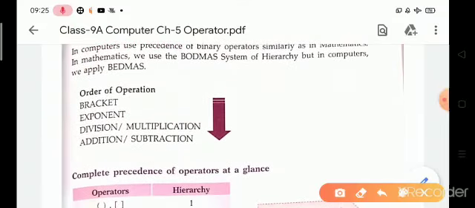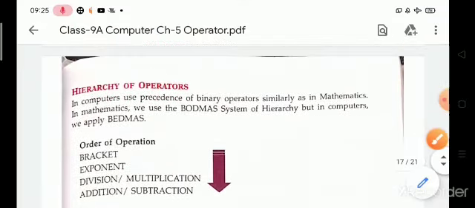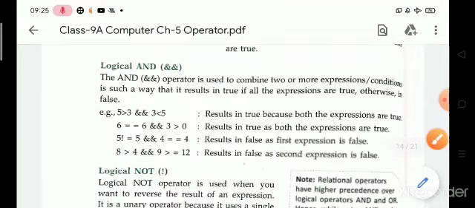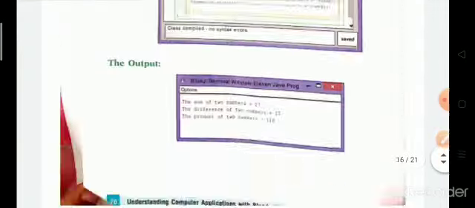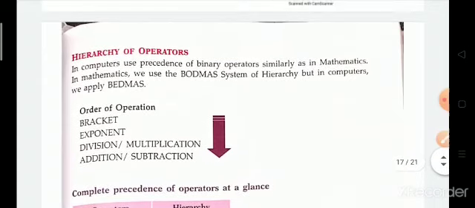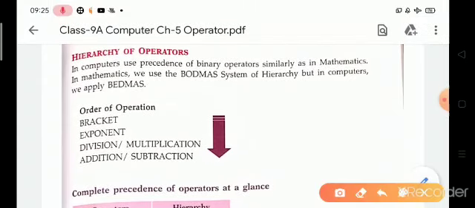Now the last topic is hierarchy of operators. Hierarchy means the order of precedence for any operator. In computer science, we use precedence of operators similar to mathematics.